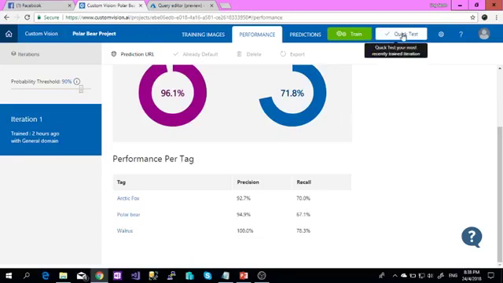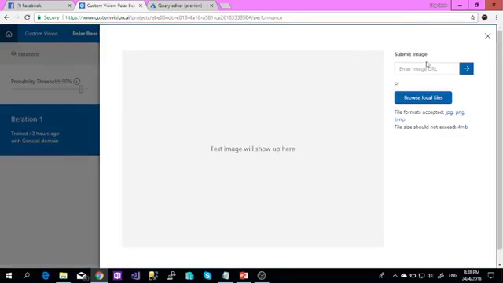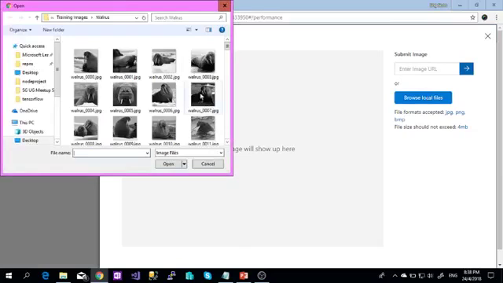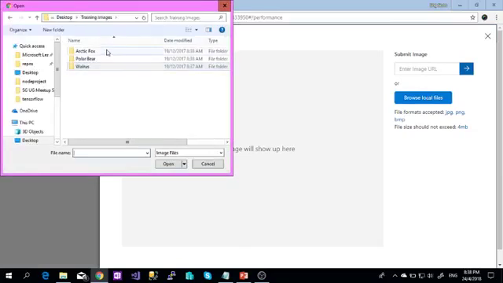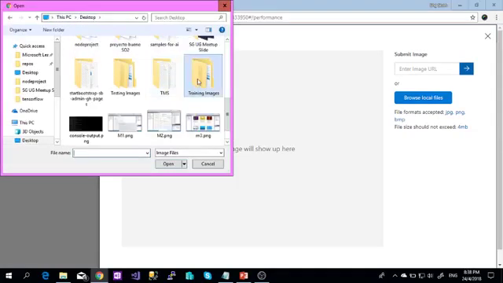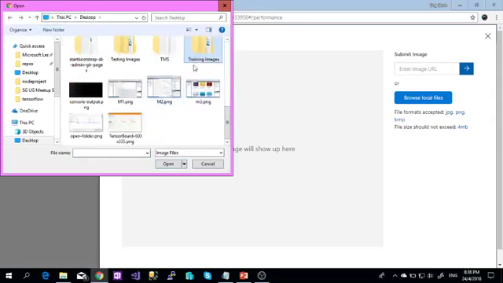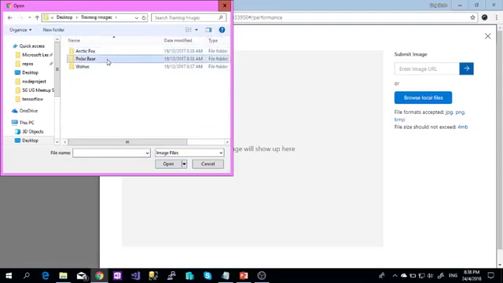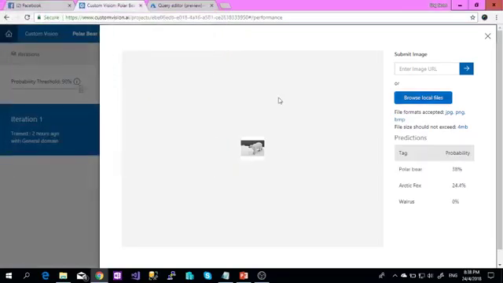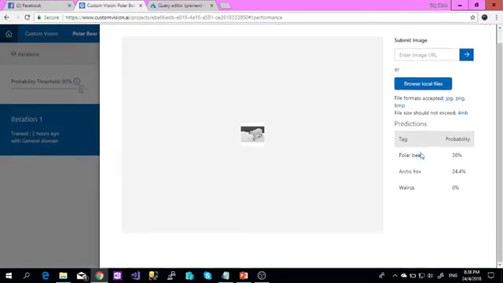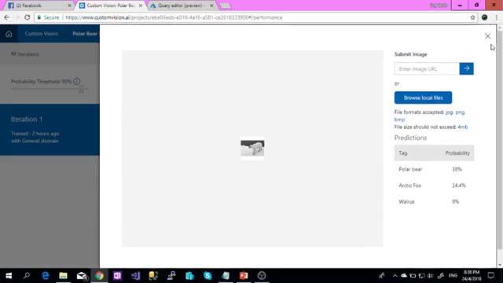Now you can take a quick test of whether it's accurate or not with a local file. Change image. Let me change image. Walrus. Okay, the polar bear has the higher probability, and the walrus is 0%. Okay, now I close this one